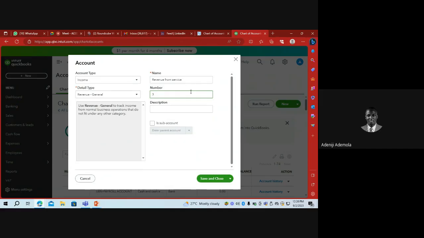But this is not just revenue. This is revenue from service. It's not just an income, basically. So I can let revenue from service start from 1, and then 000, because I can have any other one. I can say 3001 should be revenue from service. Then I can put the description as well and say to